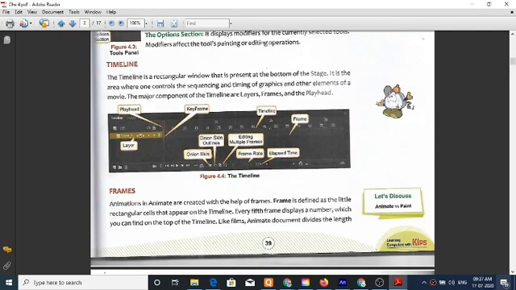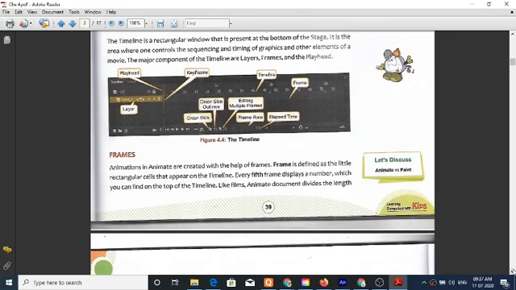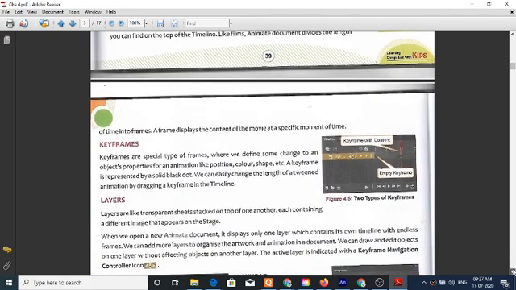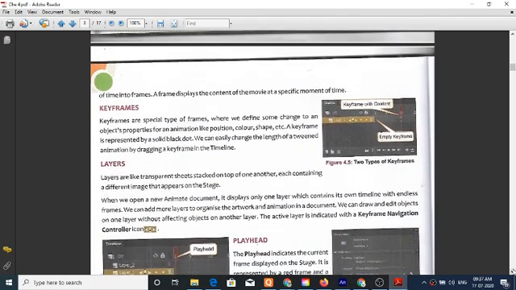Every fifth frame displays a number which you find on the top of the timeline, like films and animated documents, dividing the length. After time passes in frames, the frame displays the content of the movie at a specific moment of time.